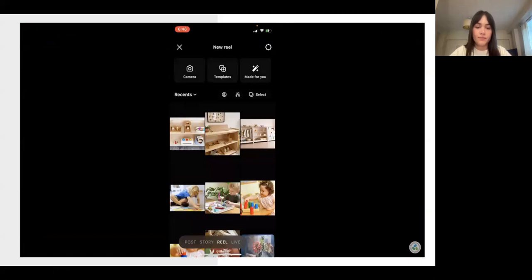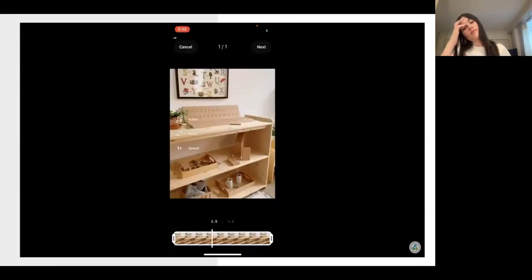You can edit them easily on Canva. For this example, I'm just going to be using a picture, which you can actually use pictures to create reels, and that can help you engage a little bit more with your audience. For the sake of this sample, I'm just going to select this image. I'll click next when I'm happy with the length. You can make this longer or shorter.